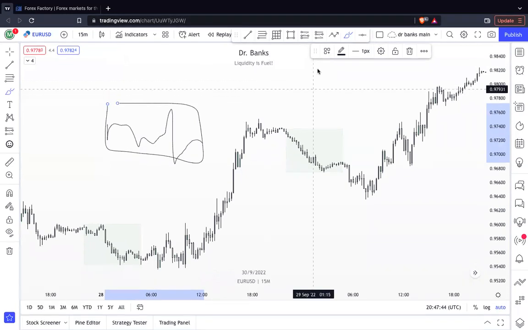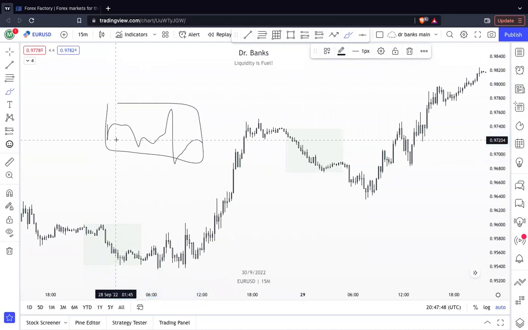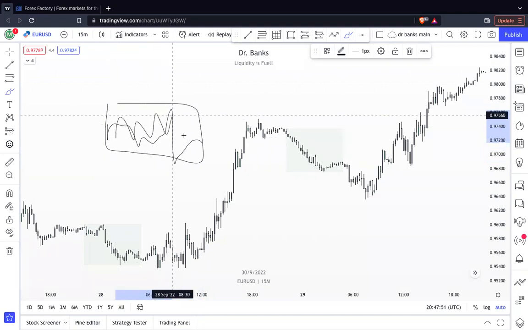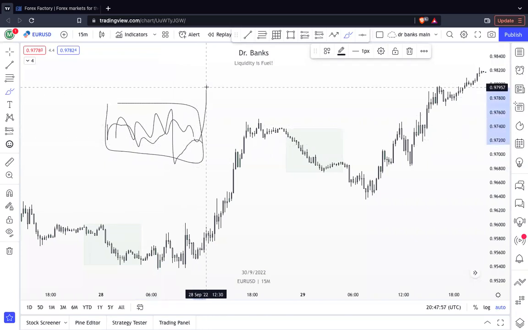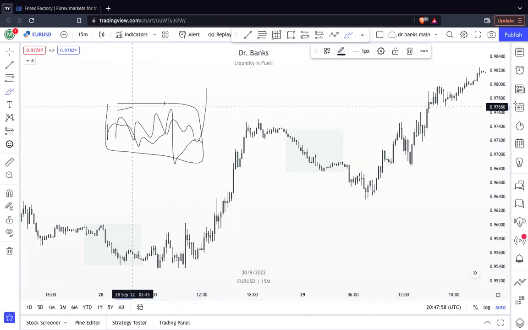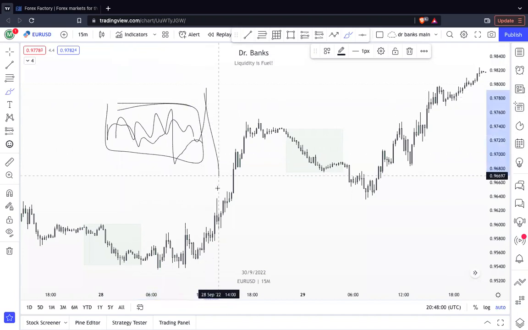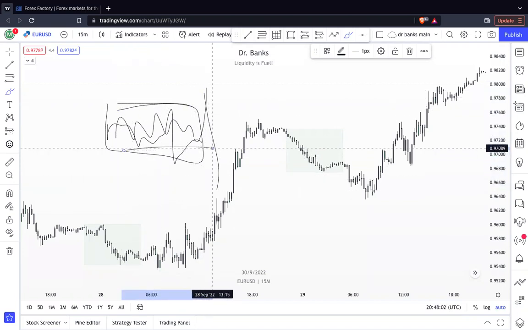Okay, so many people like to consider the Asian session as consolidation. Okay, that's what they explain in lots of YouTube videos, and then they tell you price will come later to clear the highs because of the consolidations, and then come back to clear the lows because of the liquidity, equal highs and equal lows. That's a wrong logic. Okay, because if we're using this logic to assume that Asian range is basically for consolidations,